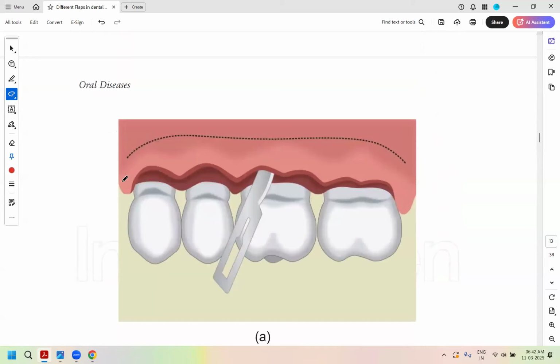So once you raise this flap, now apical position flap is a pocket elimination flap because you're repositioning to the new levels of bone. After recession and periodontitis, bone loss occurred and the level of the bone is far below the CEJ. You see that? This is recession. All the gingiva which was originally lying here, now this would be the probing depth. So it would be a true pocket.